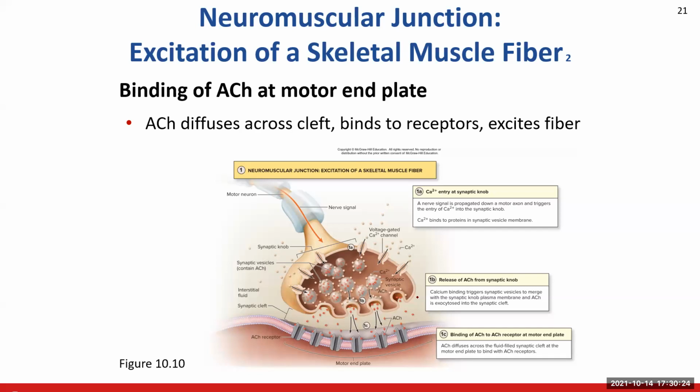So now you get to see it in effect. We're going to discuss how that occurs. But this is what happens. This is the first physiological event when we're talking about the excitation of the skeletal muscle fiber. The acetylcholine diffuses across the synaptic cleft, and it binds onto the receptors here on these channels. Now, where the synaptic knob comes in contact with or hovers above our muscle fiber, we call that the motor end plate. So we have these different channels, these different receptors on the motor end plate that acetylcholine has now bound itself to,